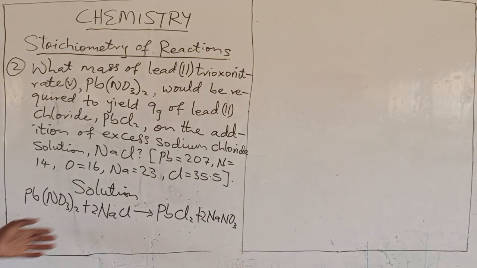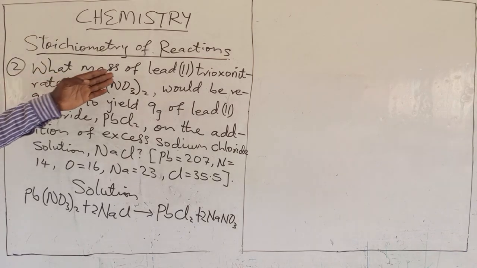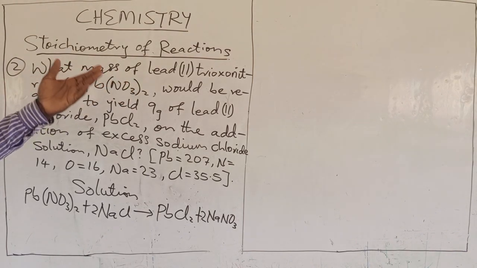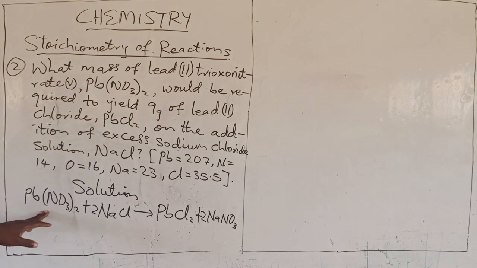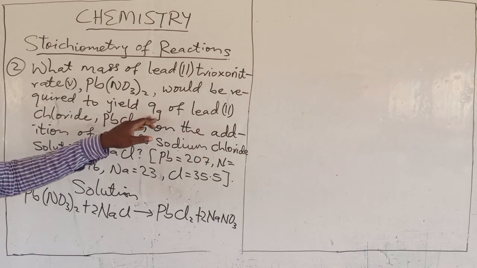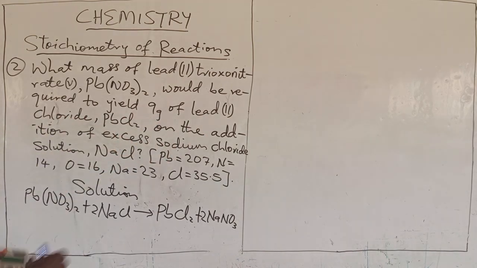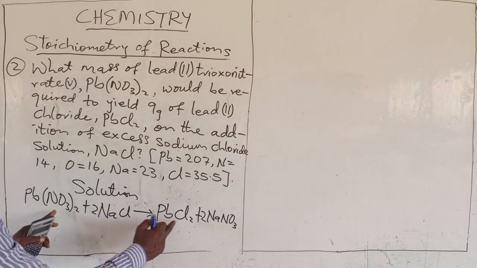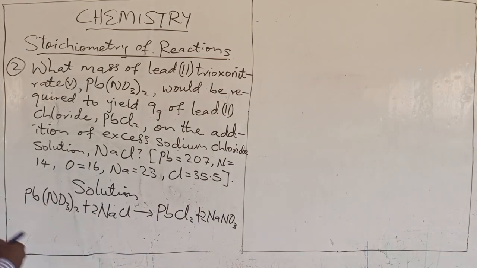Now, with this balanced equation, the question says what mass of lead 2 trioxonitrate 5 would be required to yield this. That means our concentration are these two. But before that, the balanced equation is telling us that 1 mole of this will give us 1 mole of that. Okay, so if you understand up to that point,